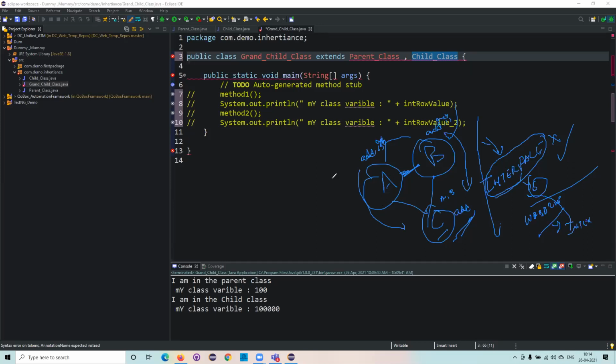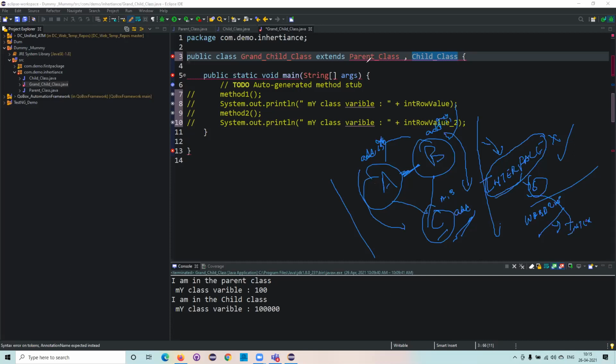Take the same example. There is a class A and class B, and each has an add method. When you extend into class C, the compiler will not understand which add method is coming and executing over here. So this is what is called a diamond issue or an ambiguity issue. That's the reason Java will not support multiple inheritance. Because it is not supported, interfaces come into the picture, and we will be proceeding further with it.